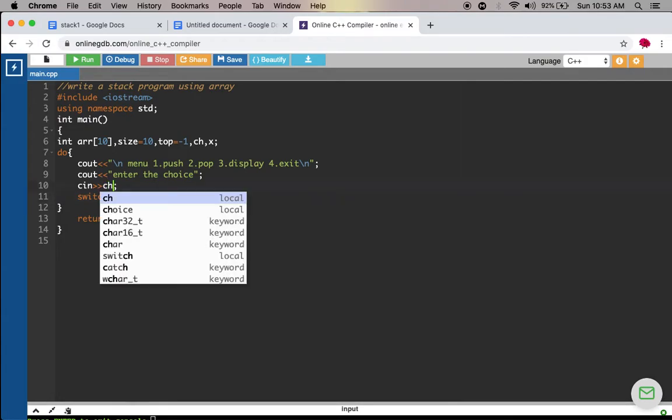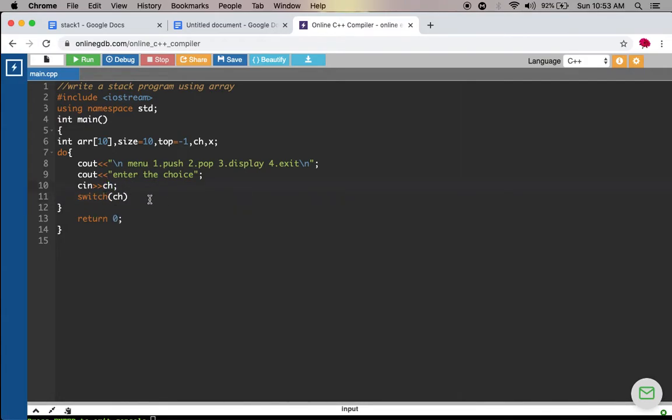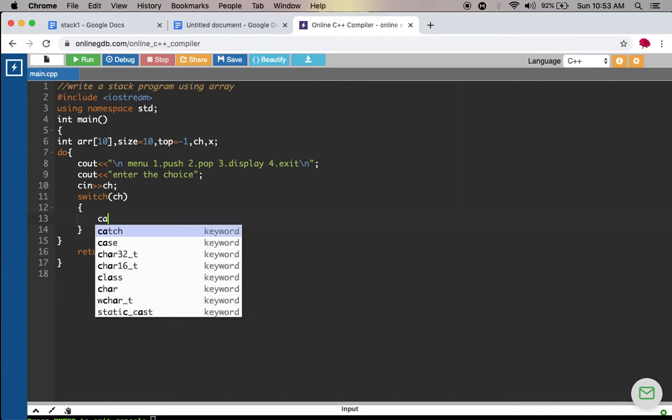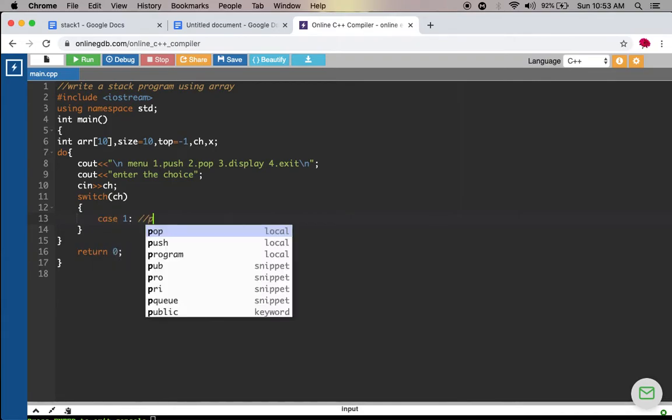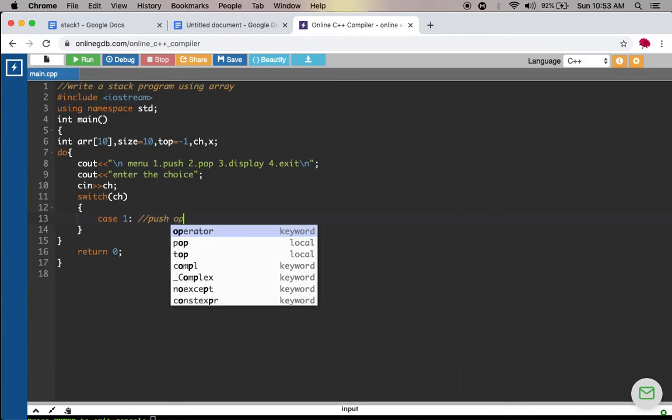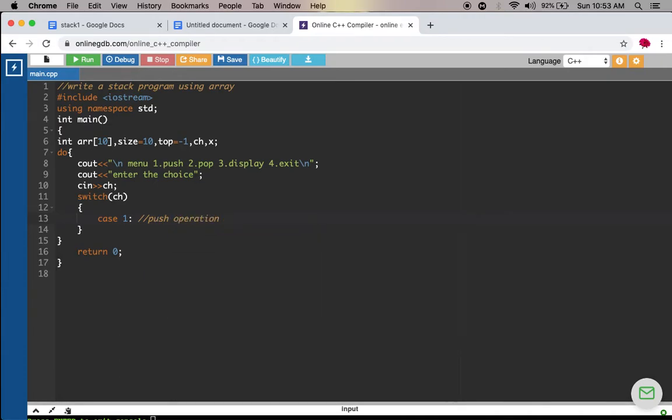Sorry, it is not x, it is choice. And here I am writing the function operations one by one. So case 1: in the first case I am writing the push operation to insert the elements into the stack.